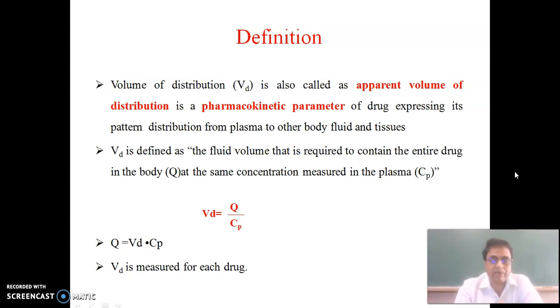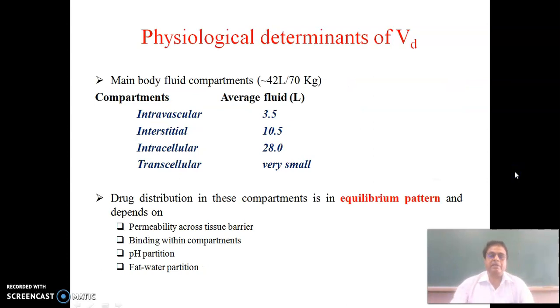So identifying the drug quantity in the body is very important during clinical practice. Let us see in the next slide, I will explain that. For each drug, when it is given approval, its volume of distribution is also measured. You know that the average adult person has around 42 liters of body fluid in the body, which is distributed in the different body compartments. So physiologically, we divide all this fluid into different compartments.